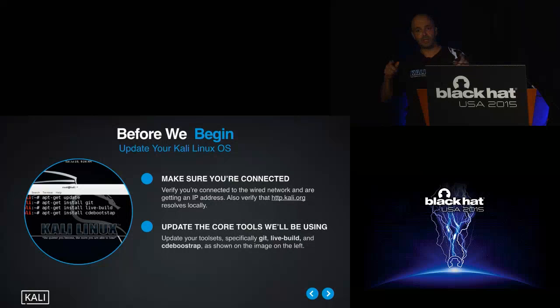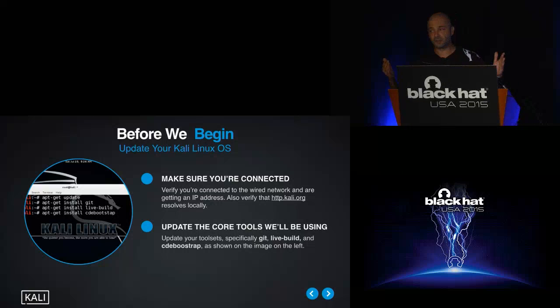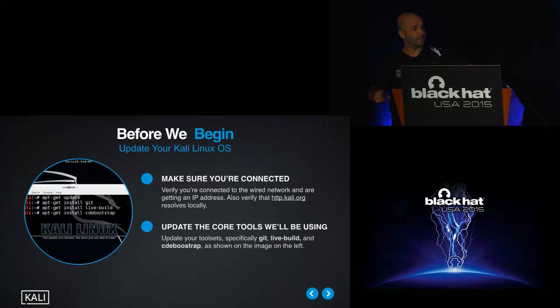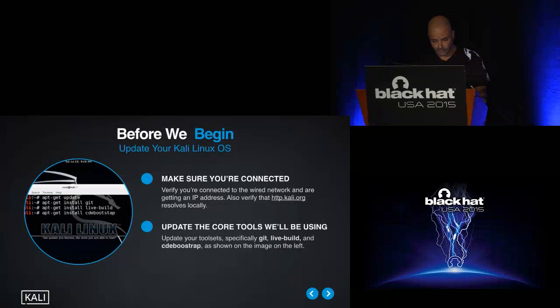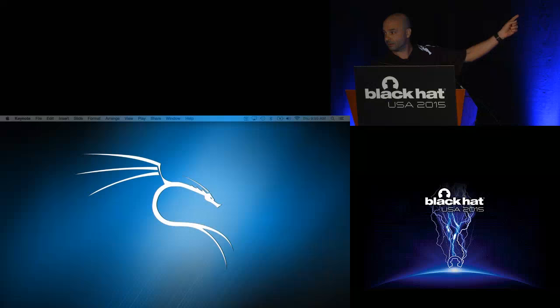What I'd like to make sure is that you are able to resolve several addresses belonging to the Kali repositories, which are actually sitting here up front, and make sure that these addresses are internal. What this will make sure is that when you are downloading and bootstrapping stuff, this happens over the local network and not through the internet, which would be obviously much slower. So if you could quickly just ping a couple of addresses, http.kali.org,